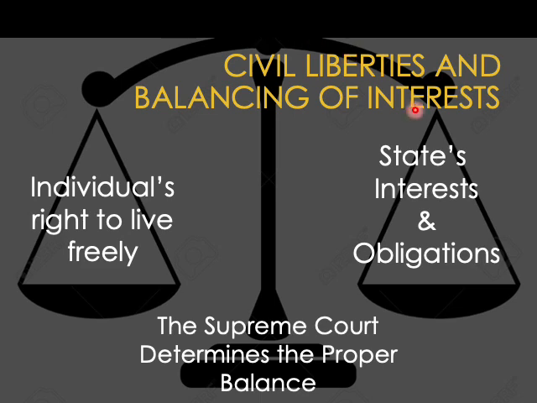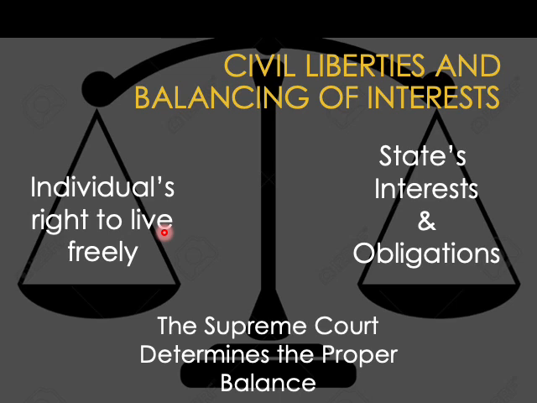You got a little scale here, which balances the interests between certain things. And so on the one hand, civil liberties is really about an individual's freedom to live your life the way you want to live your life, to express yourself in the way that you want to express yourself, to worship or not worship in the way that you want to worship, to read newspapers and watch news shows that you want to, and to be free from government intruding upon your private places, right? What it means to live in a democracy is that you have the right to live freely.